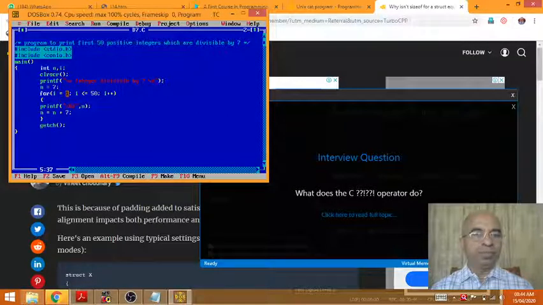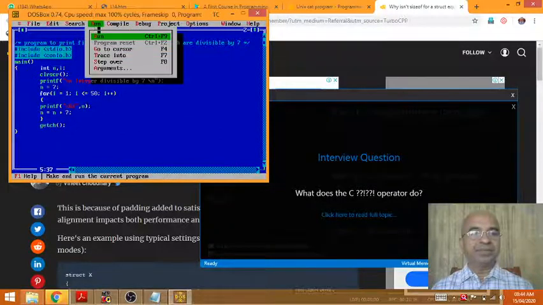using a for loop, I is equal to 1, I is smaller than or equal to 50, I plus plus, n is equated to 7. Inside this for loop, printf %8d, the value of n to be printed. N is made equal to n plus 7, so that only positive integers divisible by 7 are taken into account, n plus 7. So if you run this program,